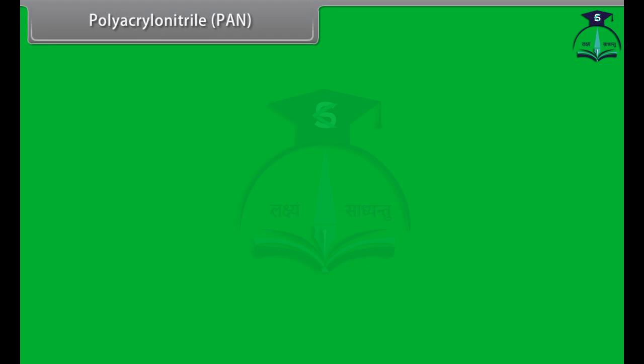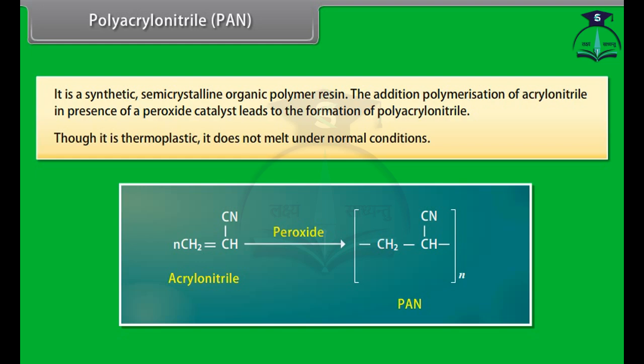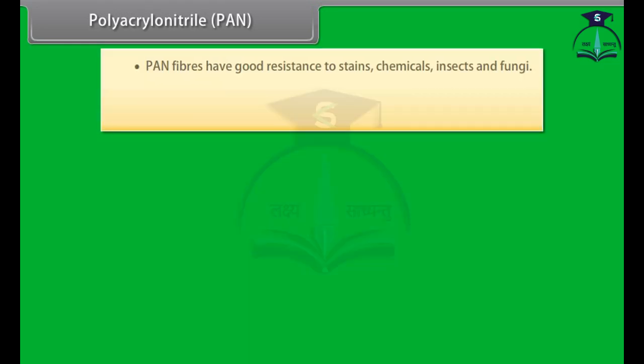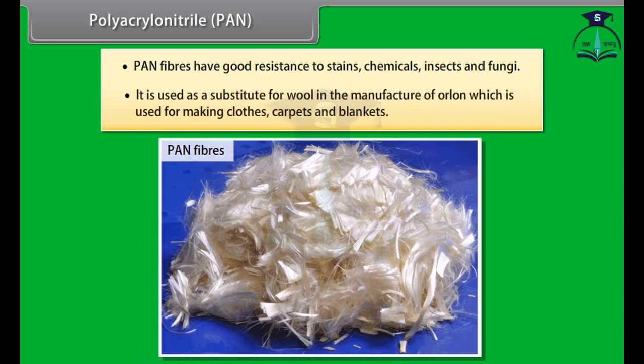Polyacrylonitrile, PAN. It is a synthetic, semi-crystalline organic polymer resin. The addition polymerization of acrylonitrile in presence of a peroxide catalyst leads to the formation of polyacrylonitrile. Though it is a thermoplastic, it does not melt under normal conditions. PAN fibers have good resistance to stains, chemicals, insects, and fungi. It is used as a substitute for wool in the manufacture of Orlon, which is used for making clothes, carpets,